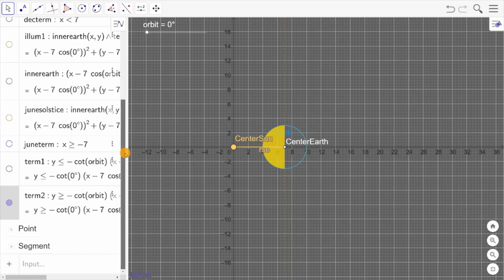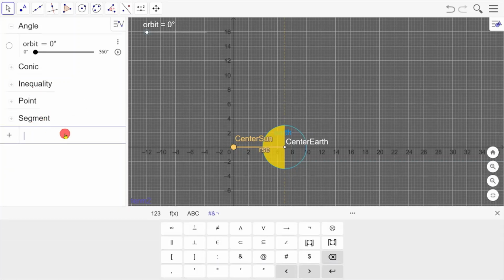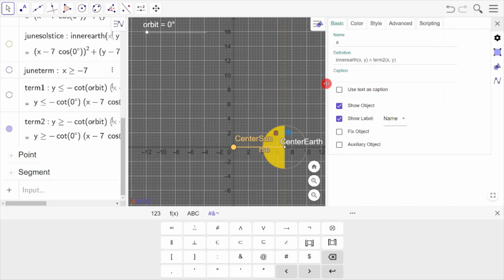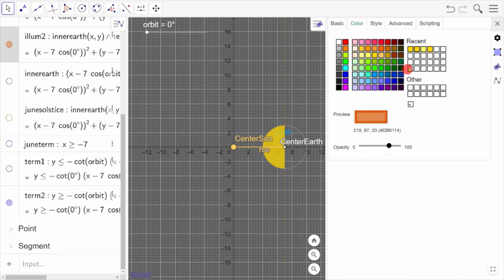to make another intersection, which is going to be the intersection of inner Earth intersect term 2. And we only want that to be true. Oh, we want to rename it. So we want to rename that to Elum 2 for the second half of the year. We want to take away the label, change the color to yellow, and we only want to see that